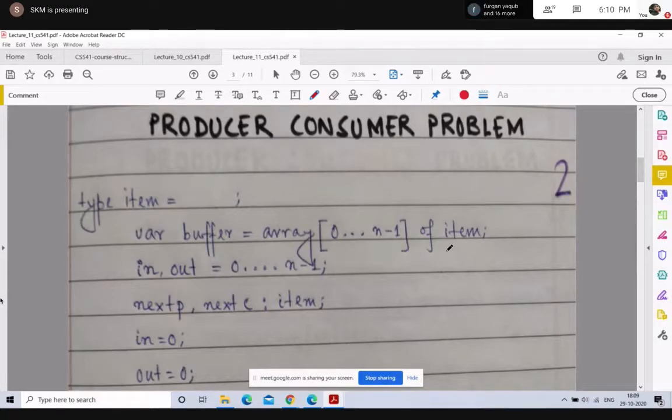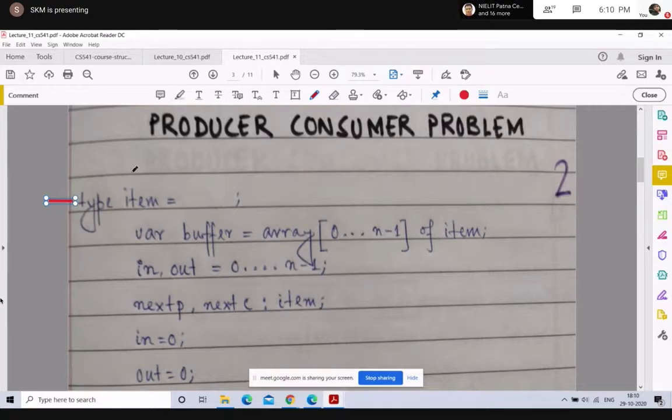So let us first see the variables we need to generate this code or program. The first is type item, some item which is of variable type. So the producer can produce an item of type item, and when the consumer consumes an item, it will consume an item of type item.